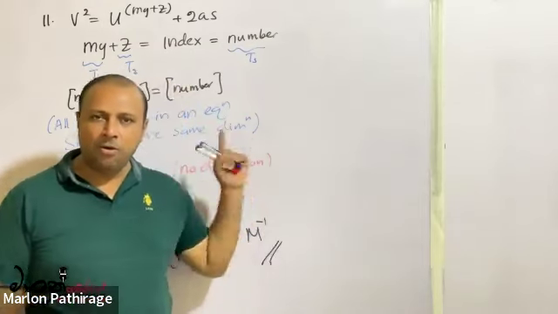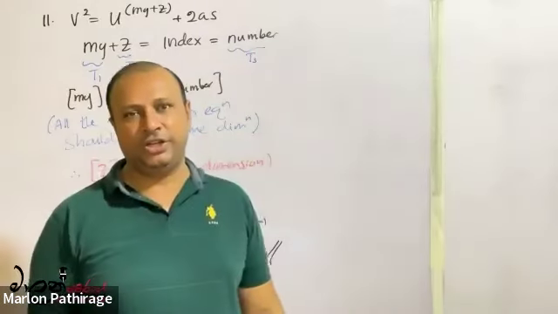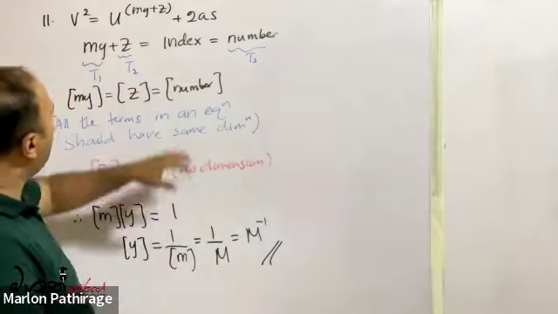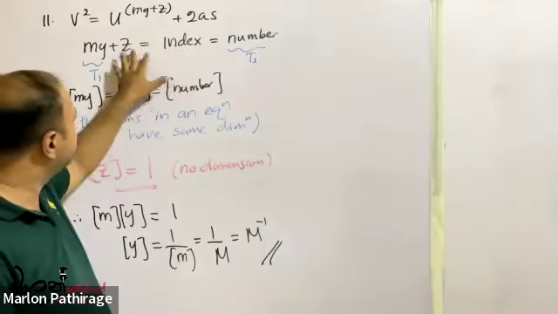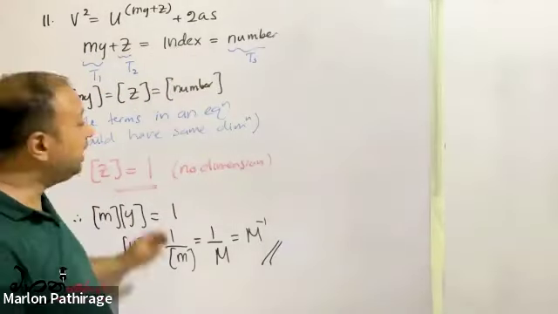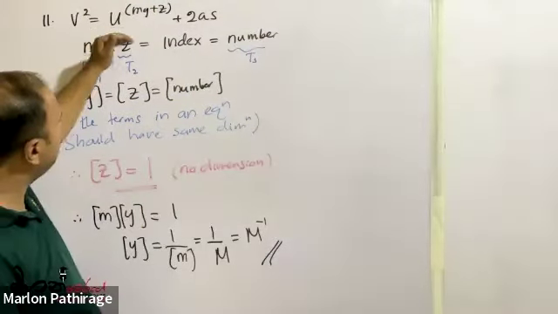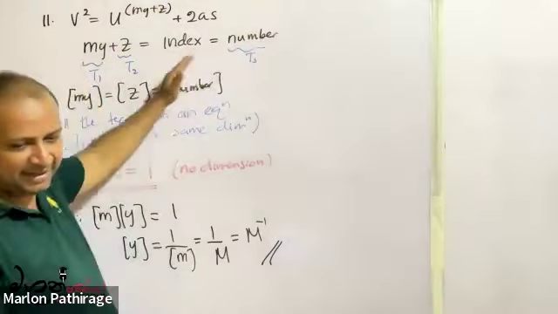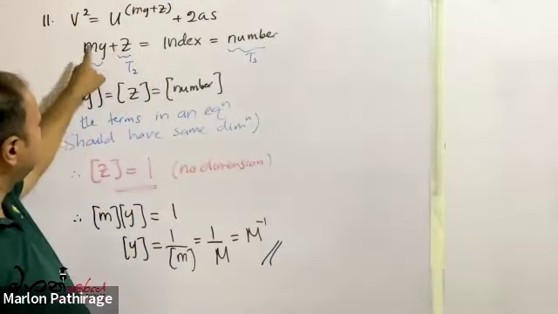What is that argument? All the terms in an equation should have the same dimension. Because once you determine this expression as the index, this expression will be an index, that means a number. Then you will convert this one into an equation. Now using this equation, you can determine the dimension of Z and